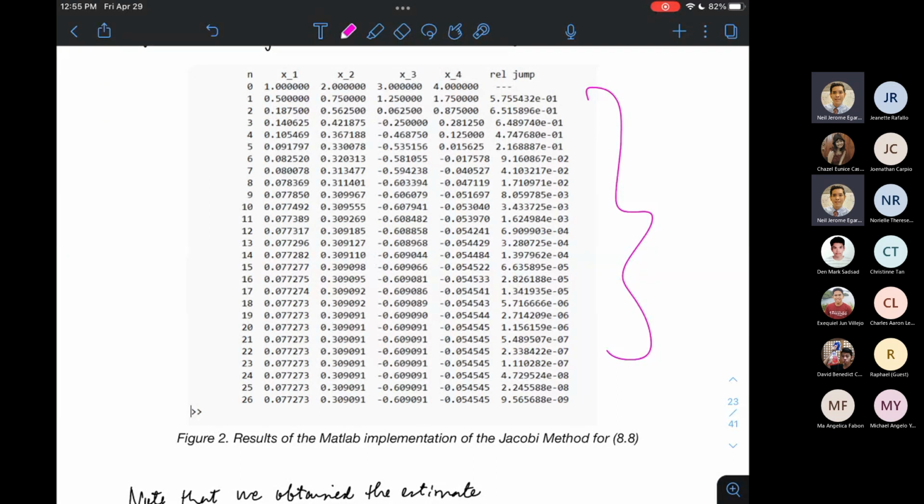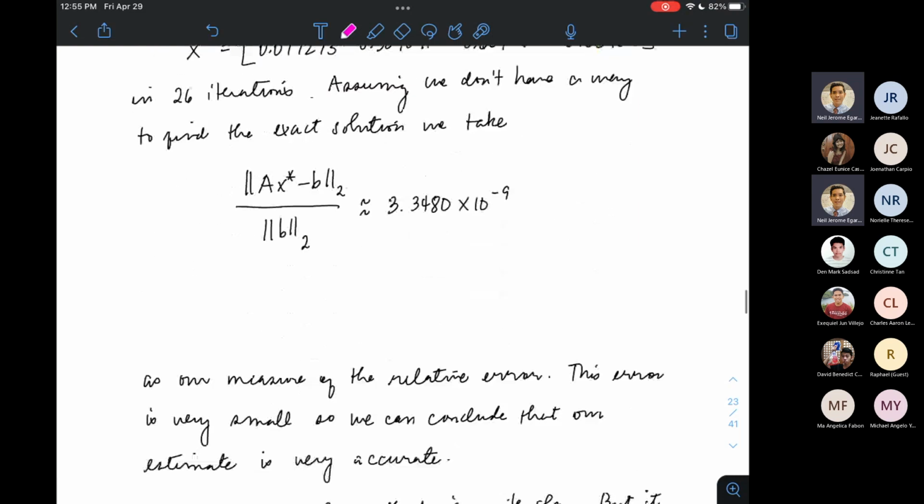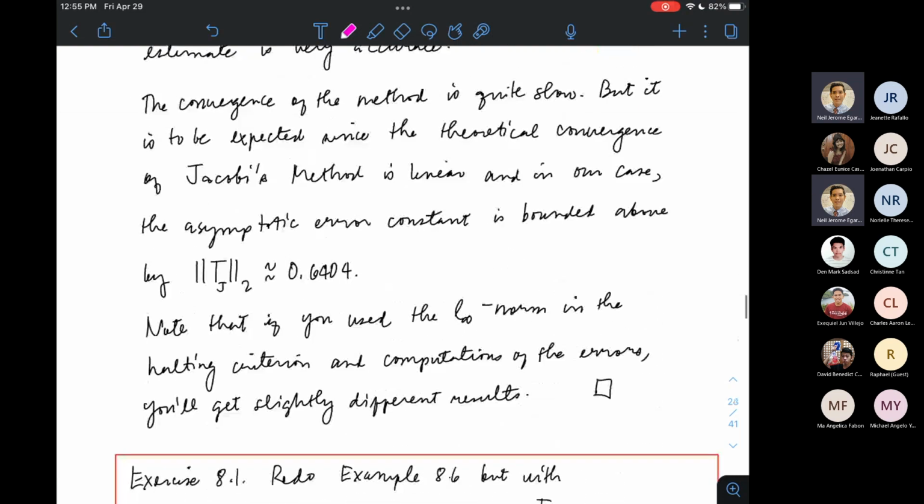Etong mga relative jumps ay na-compute using the L2 norm, and all of the descriptions, the accuracy measure, the convergence measure, ay lahat in terms of the L2 norm. Pati yung estimate sa asymptotic error constant ay kinompute ko using the L2 norm. Okay? Now,